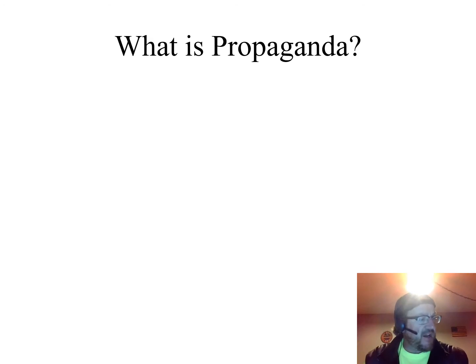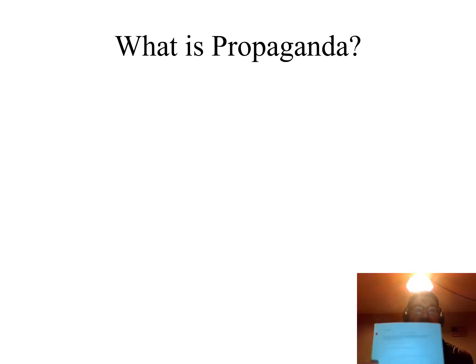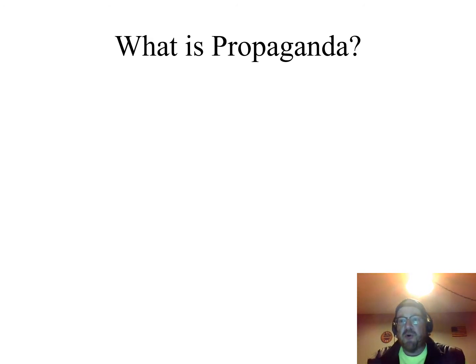This presentation is on propaganda. Section 2 in the textbook deals with propaganda. As we go through this, you're going to be answering questions 1 through 5. It's not just a simple answer. You're going to have to do a little thinking, and I'll talk about it a little bit as we go through it. And then you're going to fill out this Venn diagram at the very end. I'll go through this in class, what I want you to do.